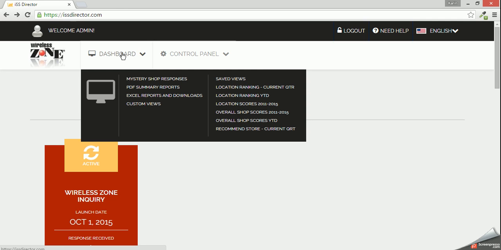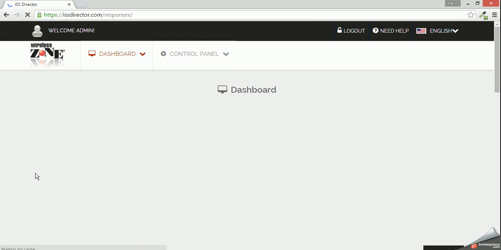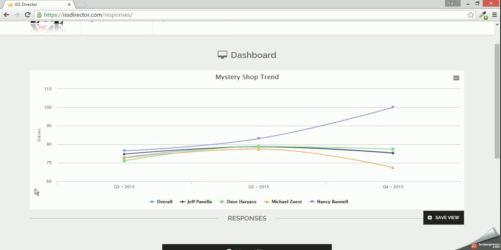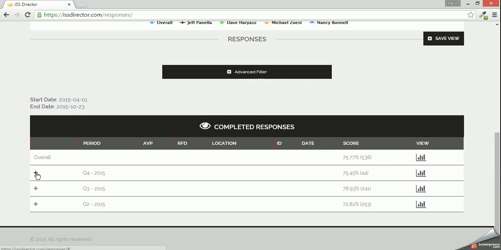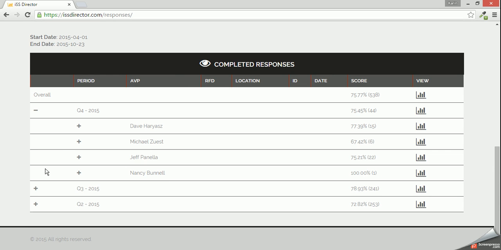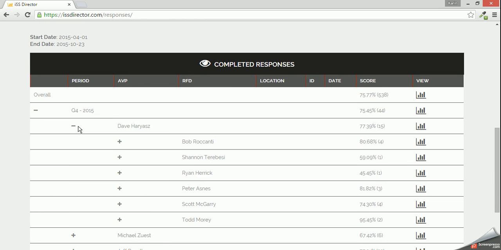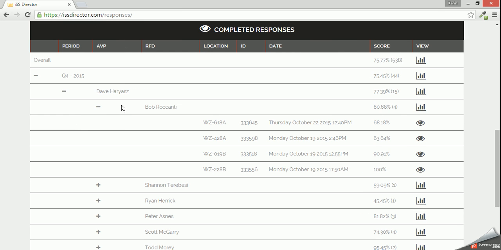But if we hover over dashboard, the first thing I'm going to click on is mystery shop responses. And this is going to bring us to completed shops, starting off with a trending graph. And then down below, I'm going to click on Q4 2015. Then we have a breakdown of AVP, and then a breakdown of RFD, and then the individual location, the shop ID, date, score, and then again we can open up the